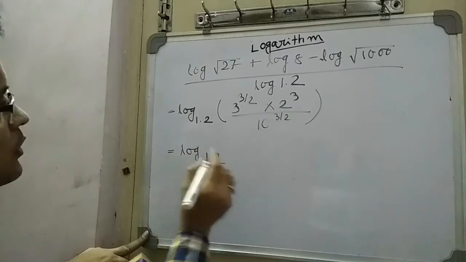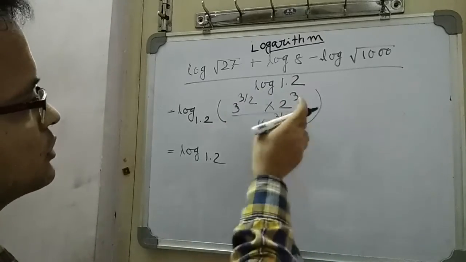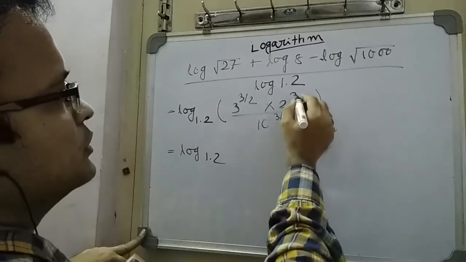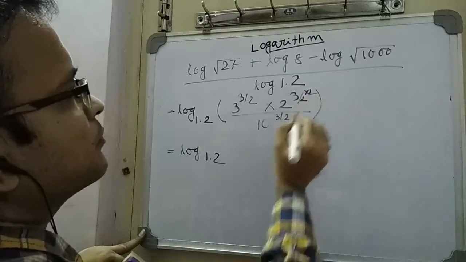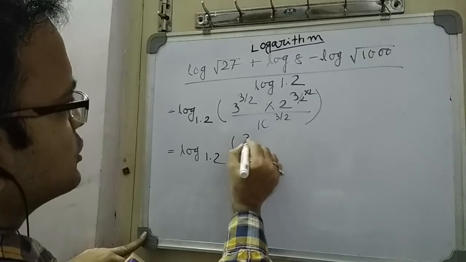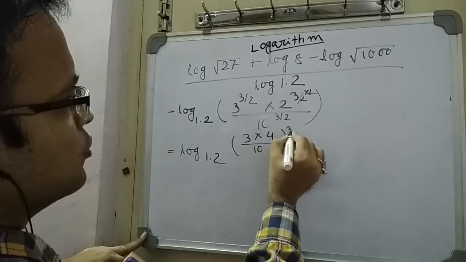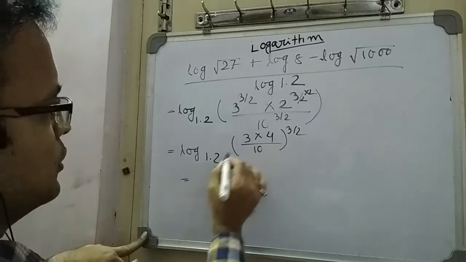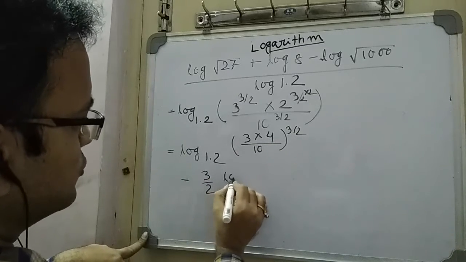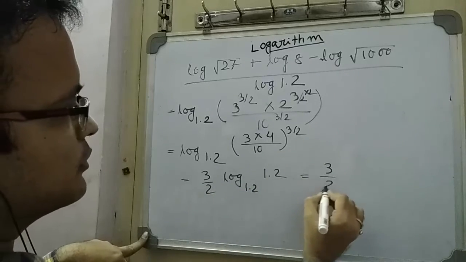Now two of this and this are power 3 by 2. Let's make this also 3 by 2, so that it is easier for us to take the whole of 3 by 2 and then 3 by 2 will come in the front. So I will make it 3 by 2, then I have to multiply it by 2. So it is actually 2 square to the power 3 by 2. So what it becomes, 3 into 2 square means 4 by 10 to the power 3 by 2. So 3 by 2 comes in the front, it is 4 3s are 12 by 10 equal to 1.2. So actually 1.2 and base 1.2 is 1, log a base a, 3 by 2 is the answer.